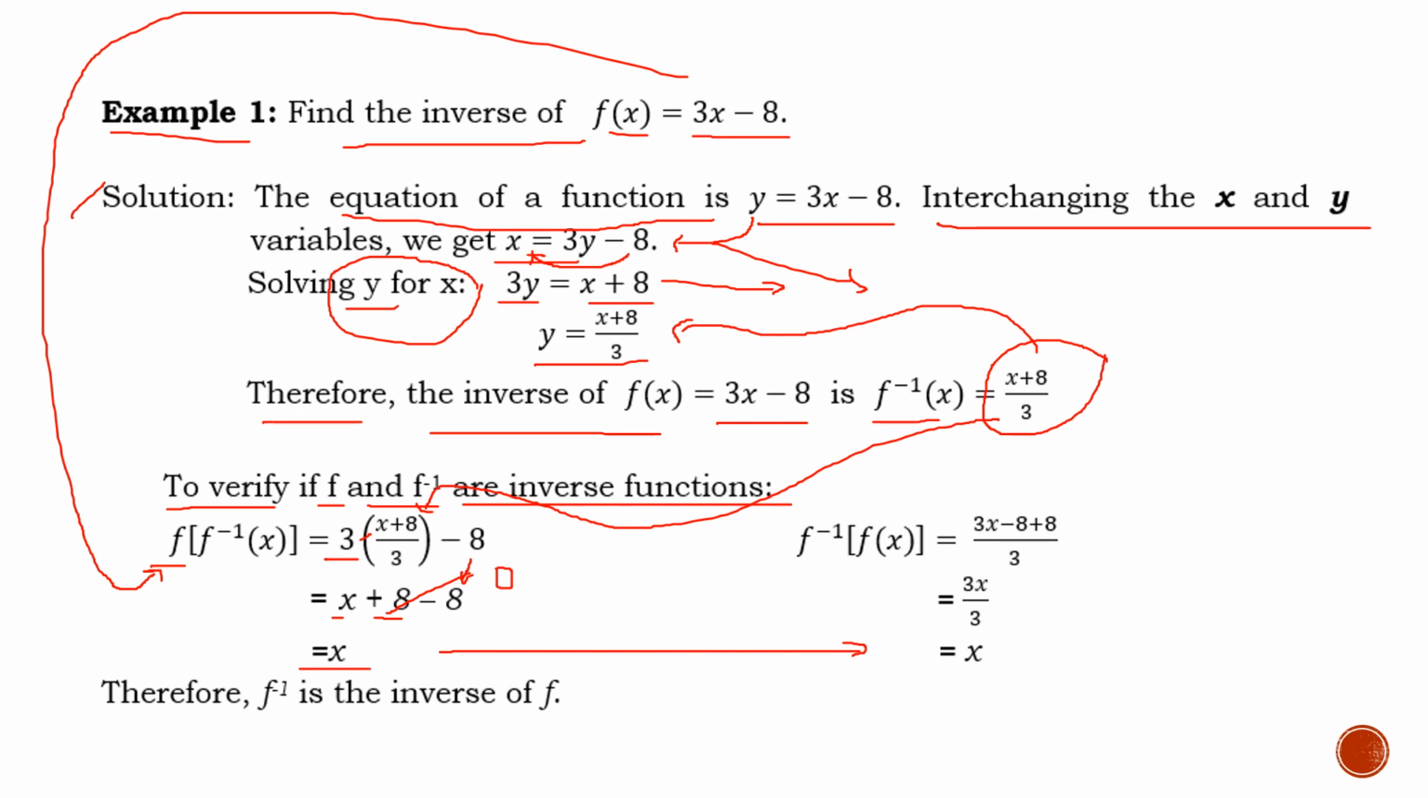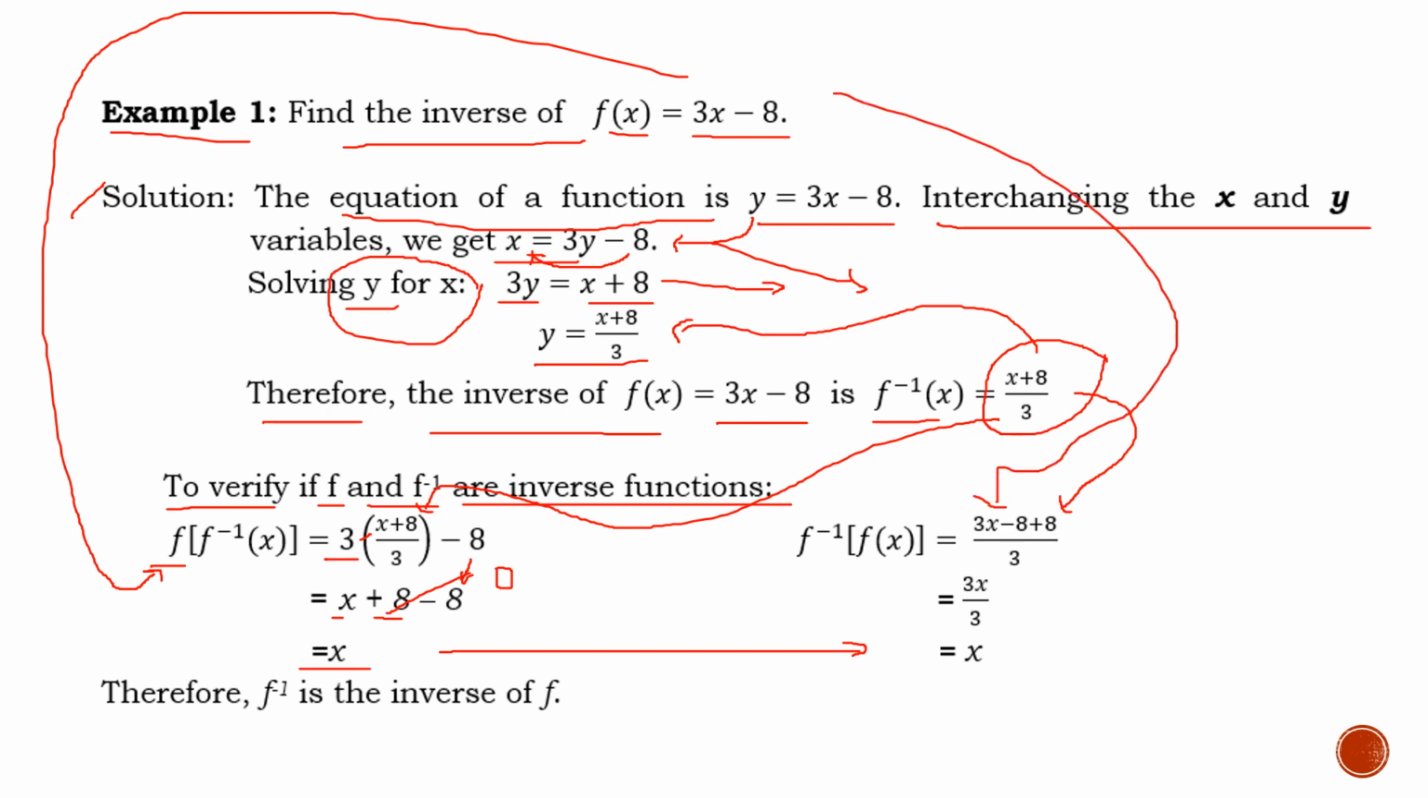inverse function of f of x. So here we just simply use your x plus 8. Then we substitute your original function as a value of your variable x in your inverse function. That's why it becomes